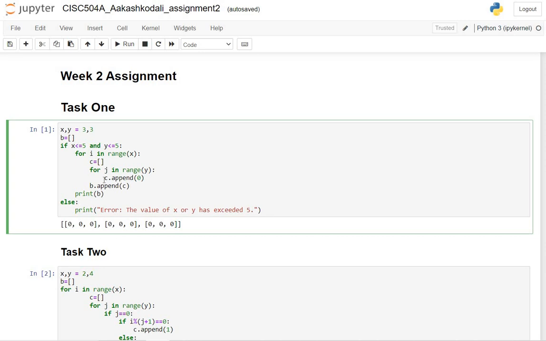And in line 6 I have a for loop looping y times, and in line 7 I add a 0 to the list C for y number of times, and in line 8 I add the list C to the list B for x number of times to create the final nested